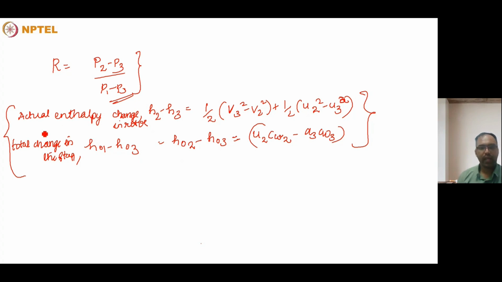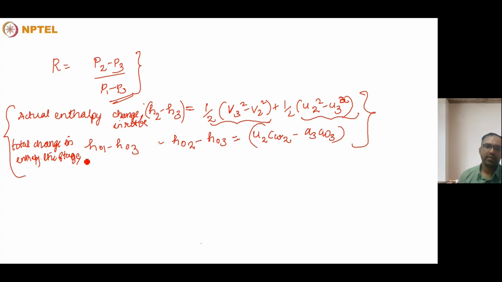We can represent the enthalpy change in the rotor as H2 minus H3 as a combination of the relative velocity kinetic energy changes as well as the tangential blade velocity kinetic energy changes,